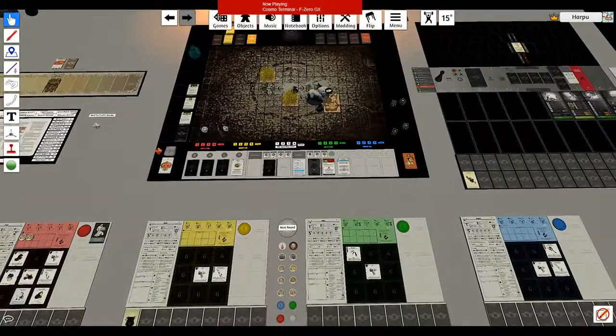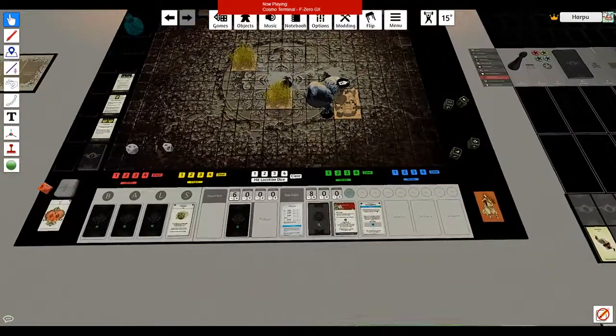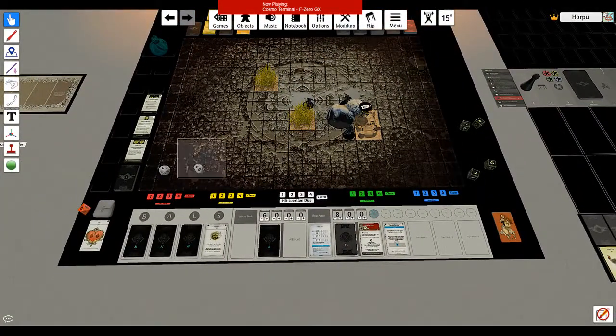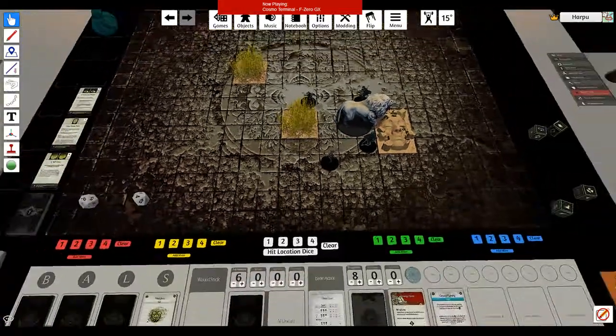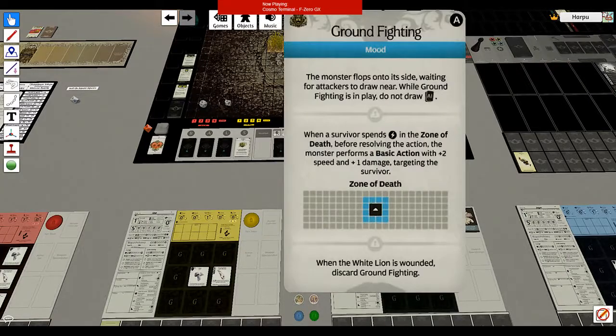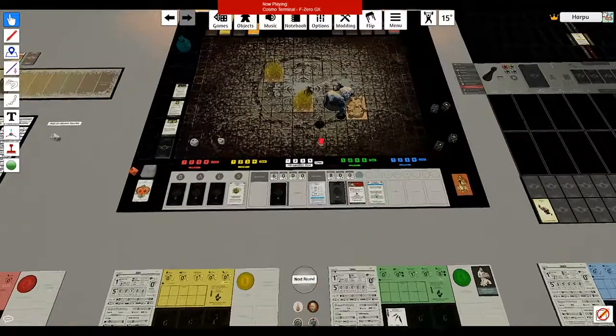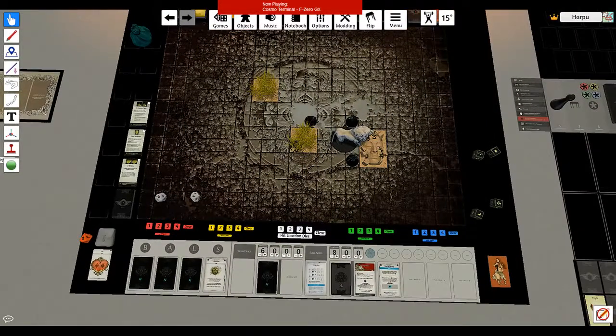So all that happened, the lion skips his turn. If I hit that button before, it doesn't really matter. I'm just doing it on principle. So Lena gets up, and we're gonna have her move because we want her back on the grass. Everyone else can stay put. That's fine. We'll end their turn. The lion is still ground fighting. So 1, 2, 3, 4. Alright, she's back in the grass now,